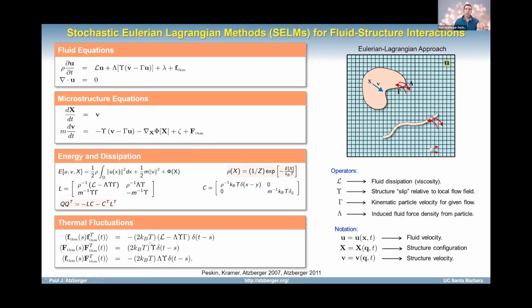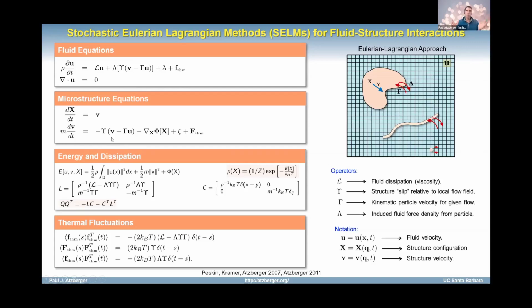But there's a slight twist to this, which is that this stochastic force that comes into the microstructure equation is not just generated completely independently of what's going on in the fluid. In fact, because these two things are very closely linked, any momentum that I lose from my particle through the drag is going to enter as a source term in the fluid equation, and vice versa. If the fluid happens to be faster than the particle, it's going to drag the particle along, and momentum would then leak out of the fluid and enter into the microstructure.